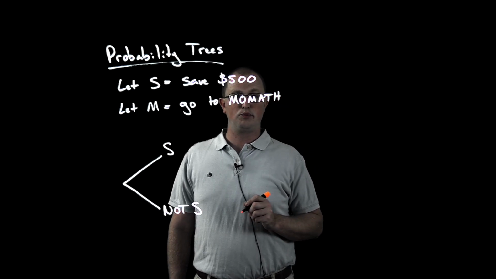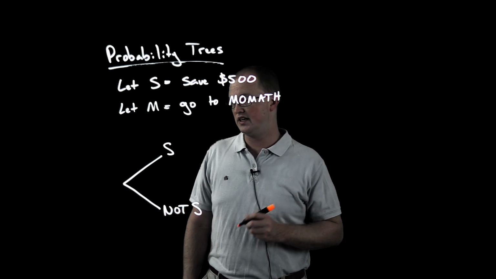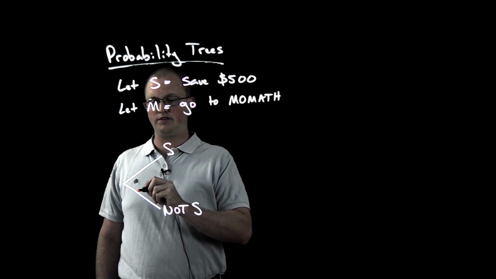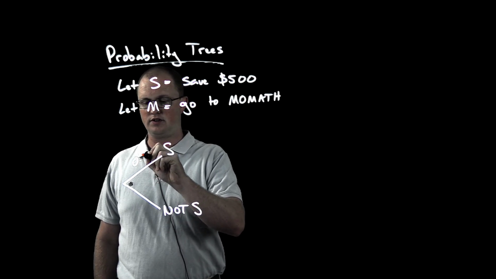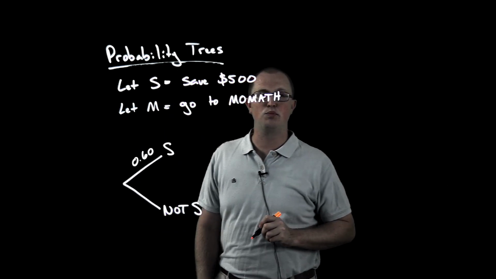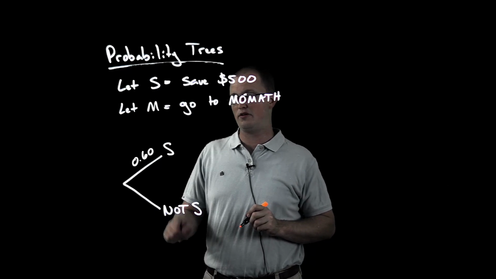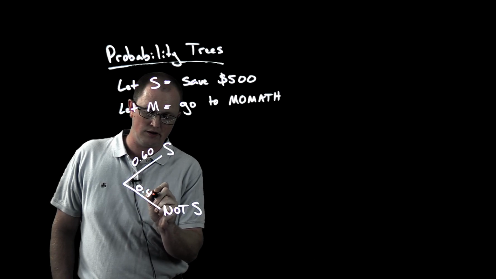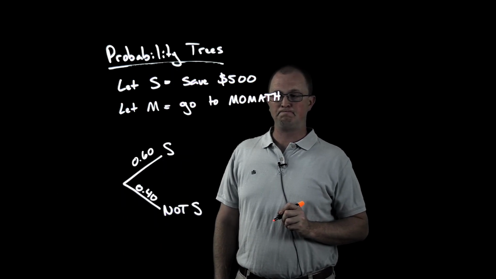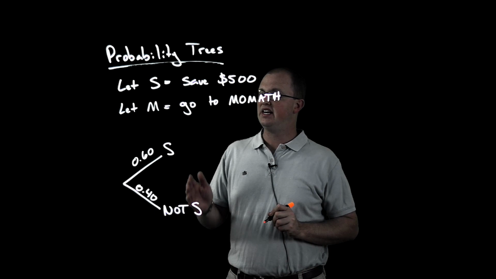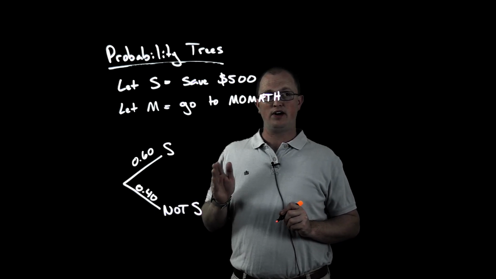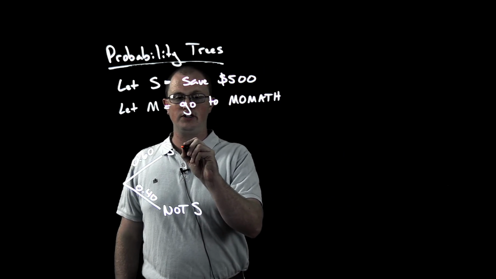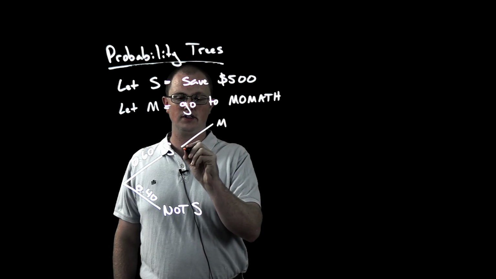And let's say you're a pretty reasonable saver. And so let's give the probability of you saving $500 as 0.6. So that would mean the probability that you don't save $500 would be 0.4. Now, if you do save $500, we said the probability of you going to MoMath is pretty good,